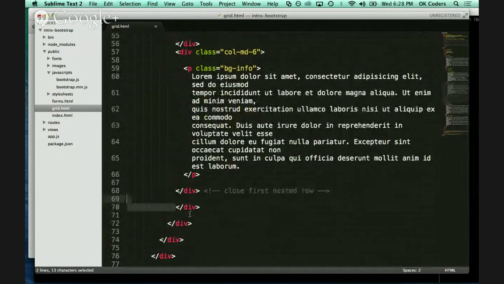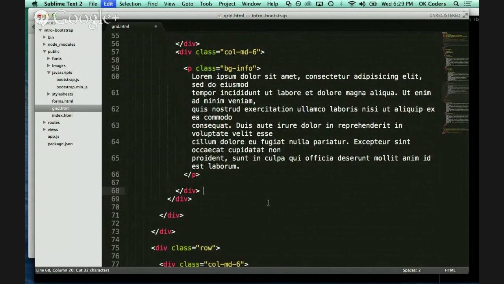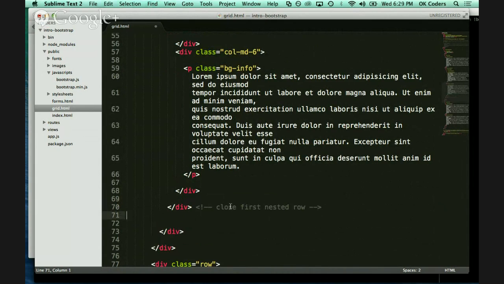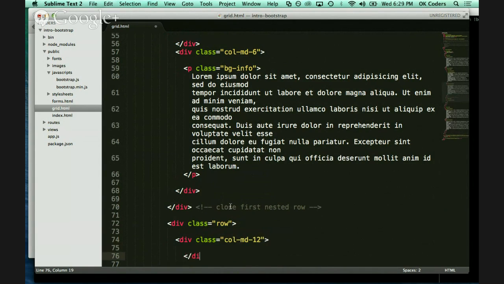Really, we want it after this div. This is why comments are super helpful in the code. So let's put it there. All right, so now we should be able to open up a new div, class equals row. And then in that, we could give it 2 more columns. Or let's just give it 1 column. Div class equals col-md-12, so we'll have it occupy the entire space. Paragraph